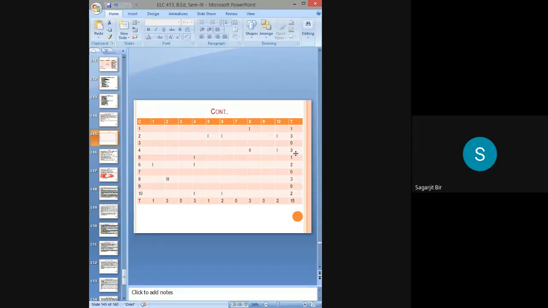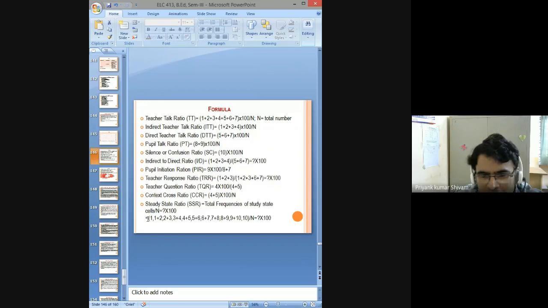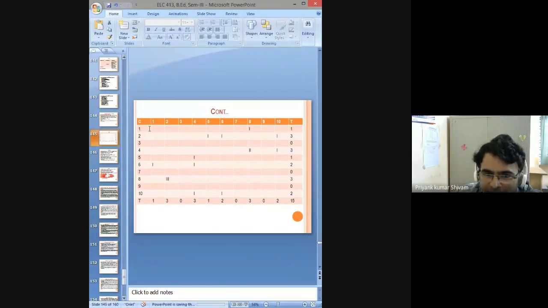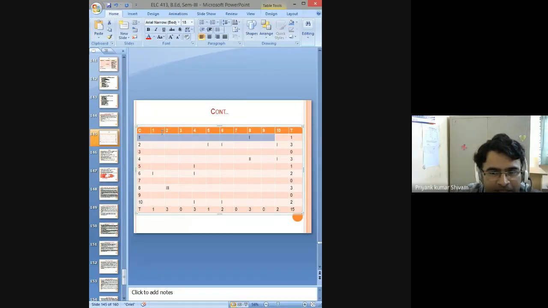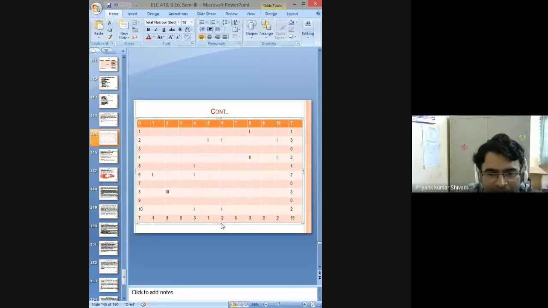Now the other question that Diksha asked. See dear, steady state ratio means 1 1, 2 2, 3 3 like that, na. Now come to the table. You have to put this value, 1 1 means this one. This part is known as the row, and this part, up to down, is known as the column. Vertically it is the column, this is the row. So for 1 1 you have to take from both row and column.